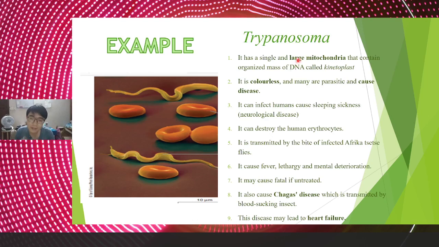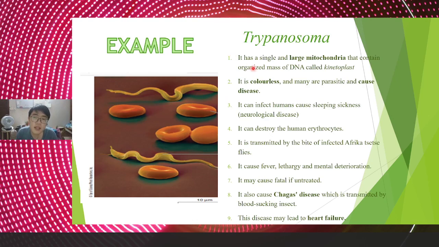Trypanosoma. It is very difficult to read. Trypanosoma. Okay, this is its structure. It looks like this. If you see this, it is a red blood cell. Red blood cell. This one is the Trypanosoma. This is not, this is a red blood cell. So if you see the red blood cell, this is one of the parasites that can infect humans. This organism will infect humans, and it will live in parasite form in our human